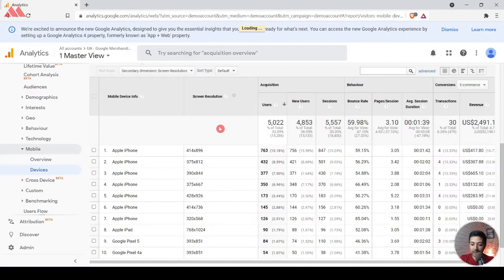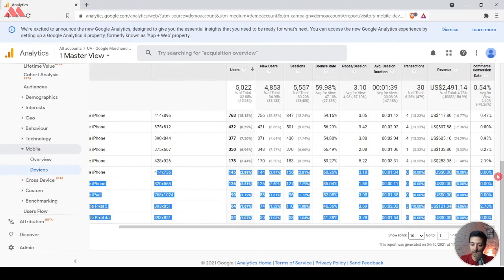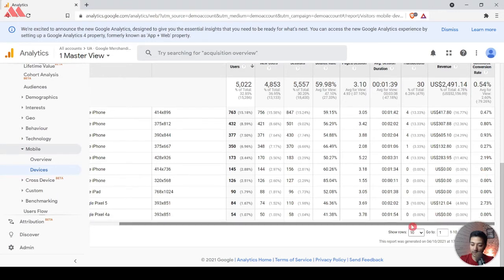And here we can clearly see the dimensions of the devices that people are using. Now we see that for this Apple iPhone model or screen resolution, it is converting a little bit better. And on this resolution, the conversion is almost 0. So there is a huge difference between the conversions.